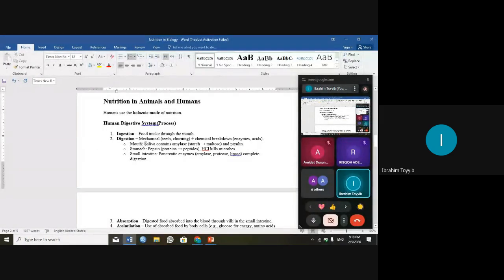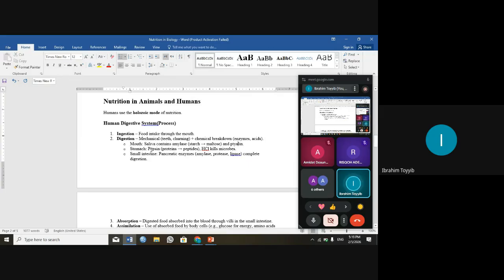So in the mouth, we have saliva that contains amylase. That's salivary amylase. It will break down starch into what? Into maltose. And the salivary amylase is also called what? Ptyalin. So in the stomach, when it has passed through the esophagus to the stomach, then there is